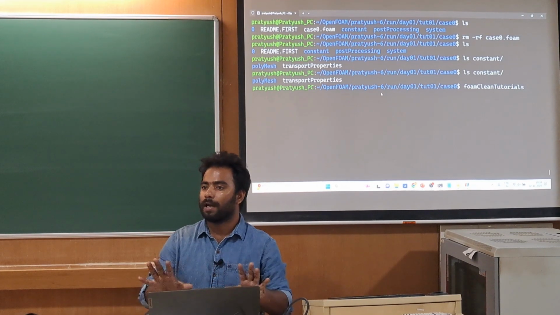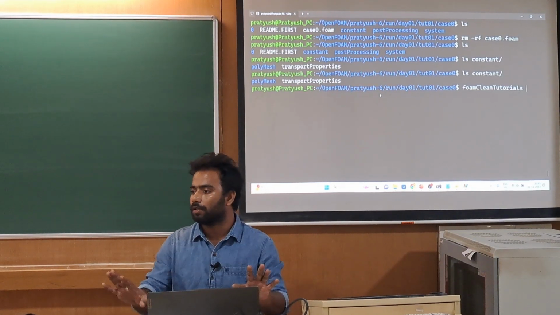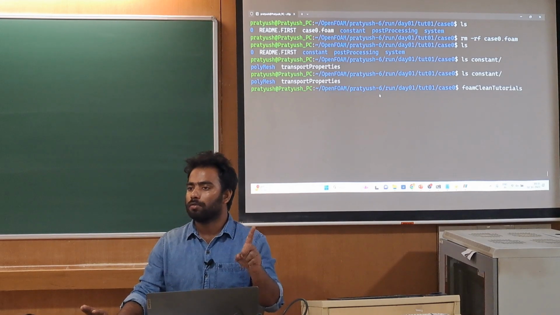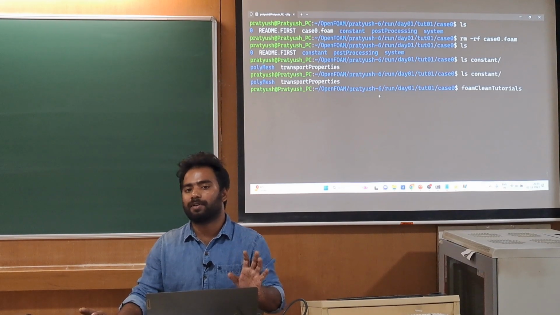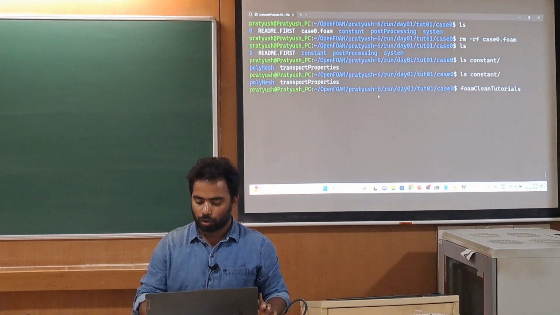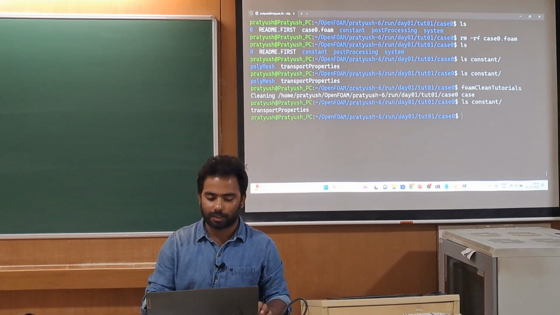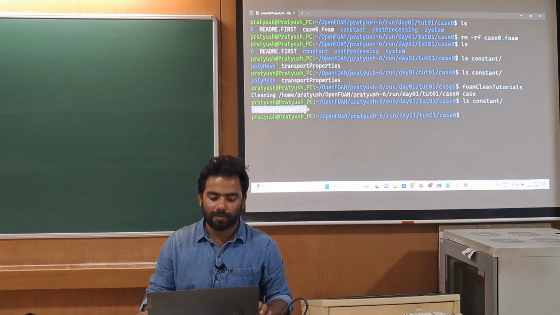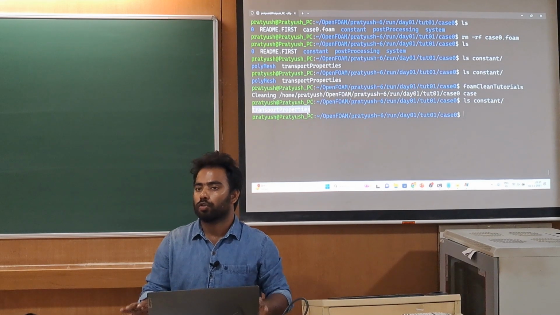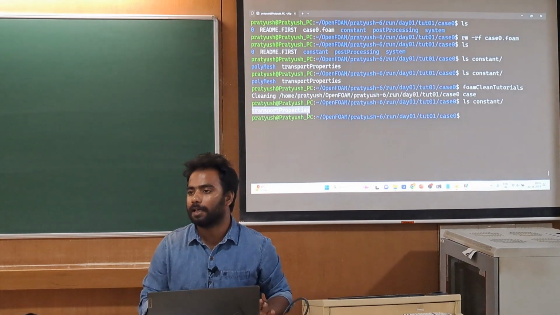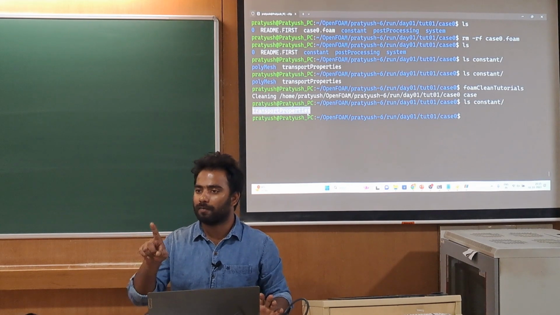We are going to clean the mesh, and if you have done any simulation, this command is going to clean the folders except 0, system and constant. It is going to clean all the folders, even if there are some time directory folders. So now you run foamCleanTutorials and now list constant, ls constant. You can see here that there is no polymesh folder now. So your mesh information has been deleted. Now you have a fresh case, and I am going to explain every folder.